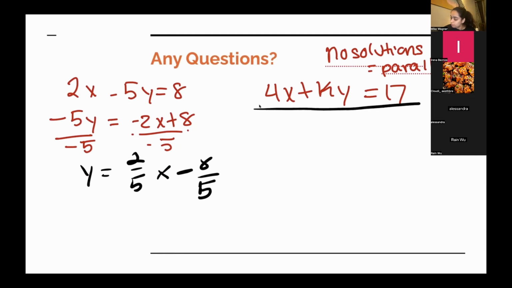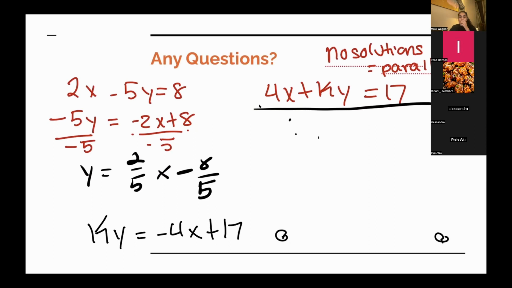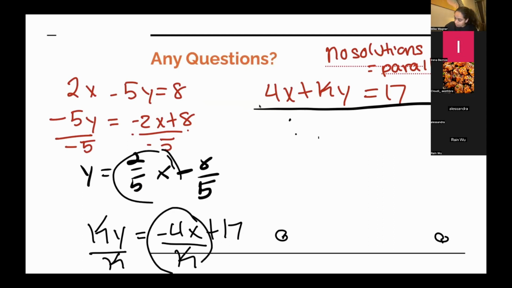And so when we rearrange this equation, we're going to do ky equals negative 4x plus 17. All you need to worry about is you can ignore the negative 8 over 5 and the 17. And basically it's 2 over 5x. We're going to divide by k. So I want this to equal that. So 2